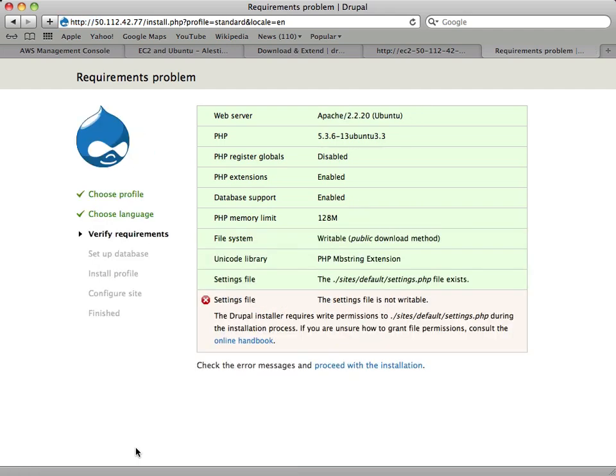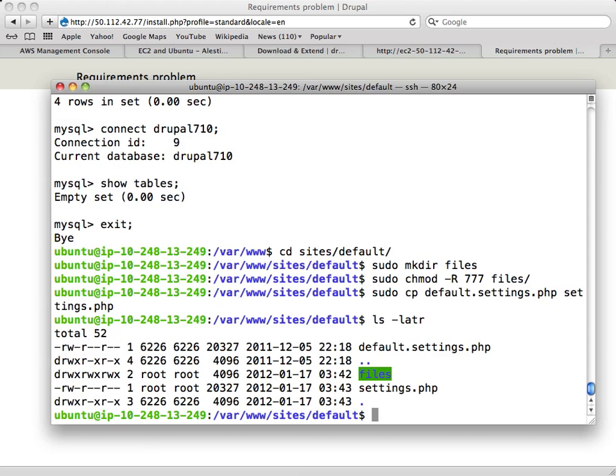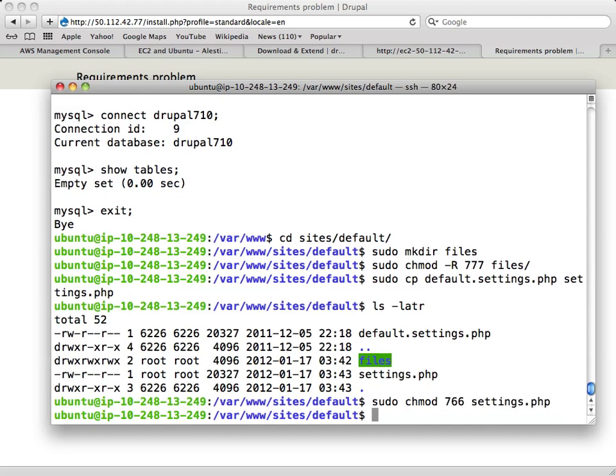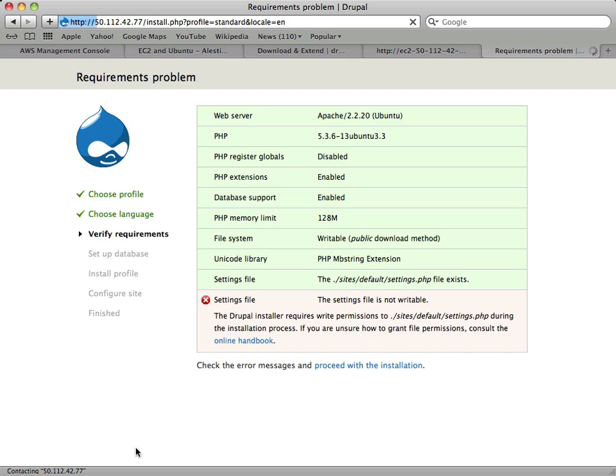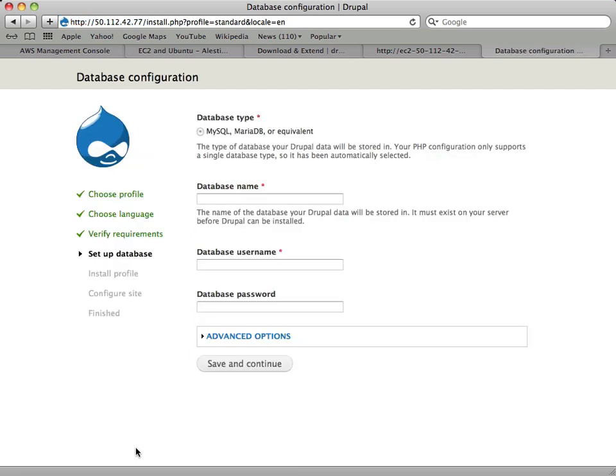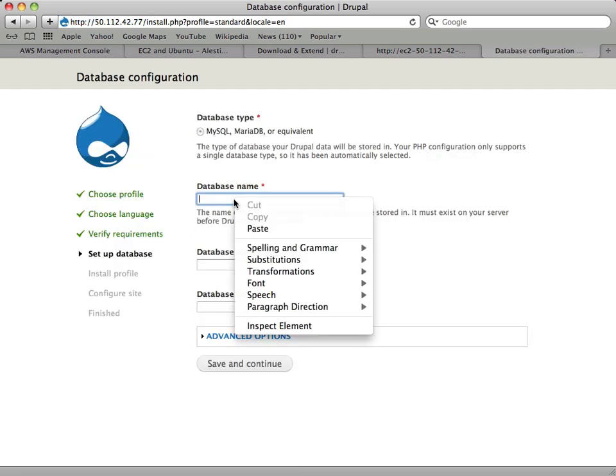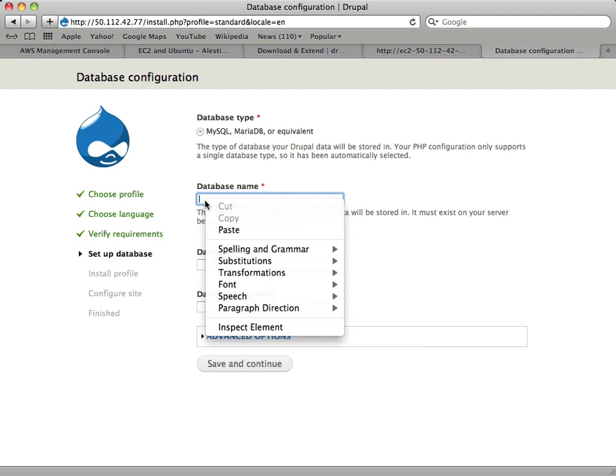It's not writable. What was our name? Drupal 7.10.